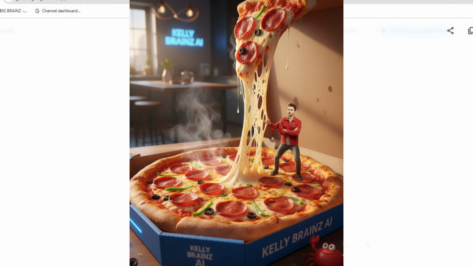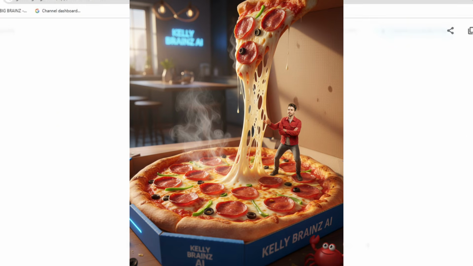Prompt 9 is called the Dough Domino, the perfect cheese pull. Now this is another brand of pizza, but I still kept it on a Calibrate scale. This prompt 9 gives us a perfect cheese pull. Most AI just draw cheese with yellow lines, but we use elasticity simulation. Now this tells the AI to treat the cheese like a rubber band that is being stretched. That is why you see the stretch right there, like a rubber band. It makes the cheese get thinner in the middle as it pulls away, which is exactly how real pizza looks